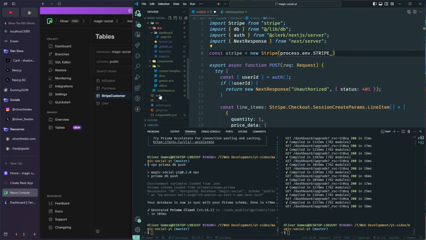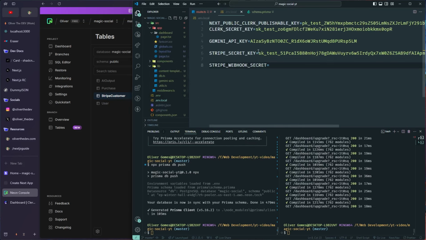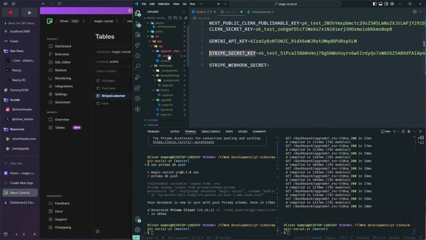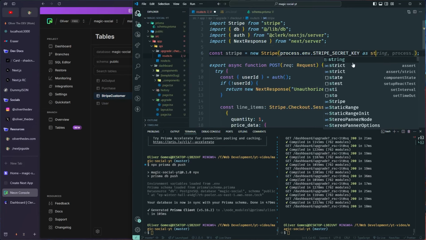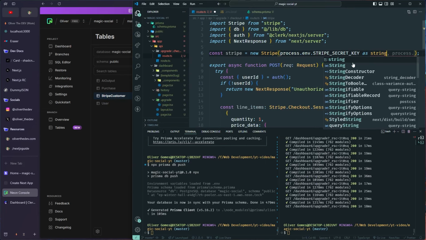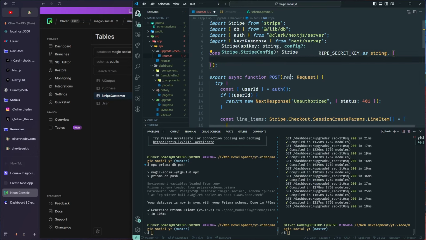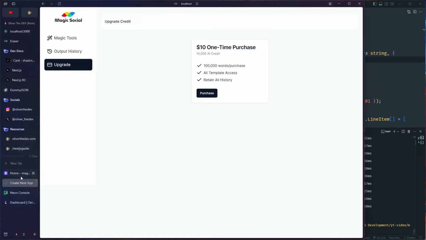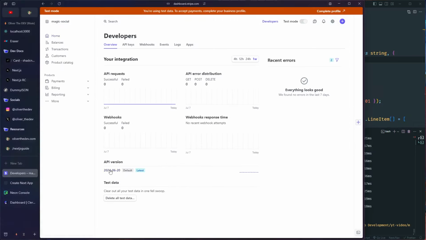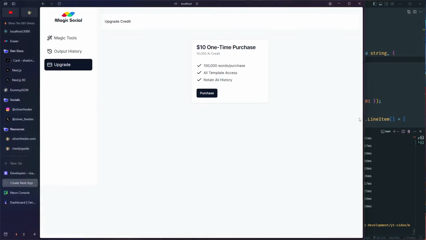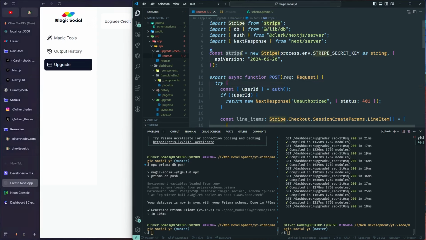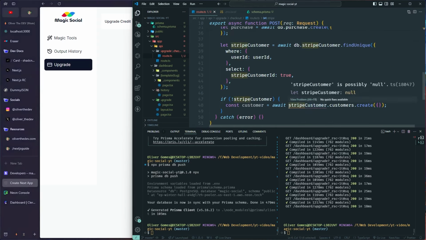Let me go so that we'll check that. We have a secret key of Stripe right here, which I pasted a little bit ago. Make sure we paste it over here as string. It should be string. And then we're gonna do our API version. API version is gonna be, you can find that in the Stripe developers over here. This is the API version we're using. I'm just gonna paste that over here. There we go. Perfect. So we have that Stripe loaded up in our project and we can use it over